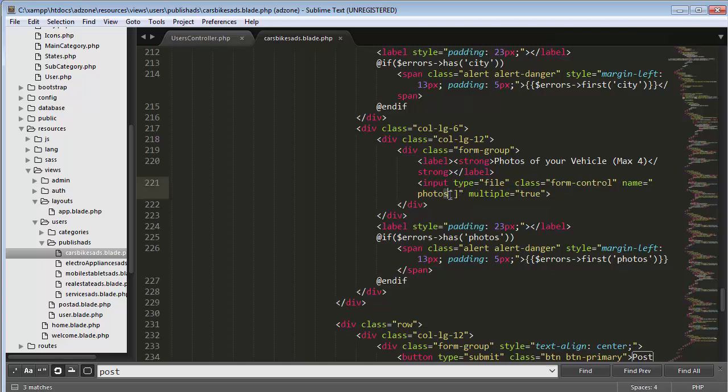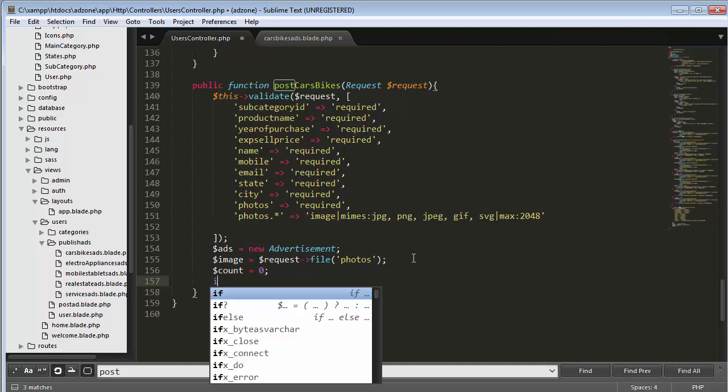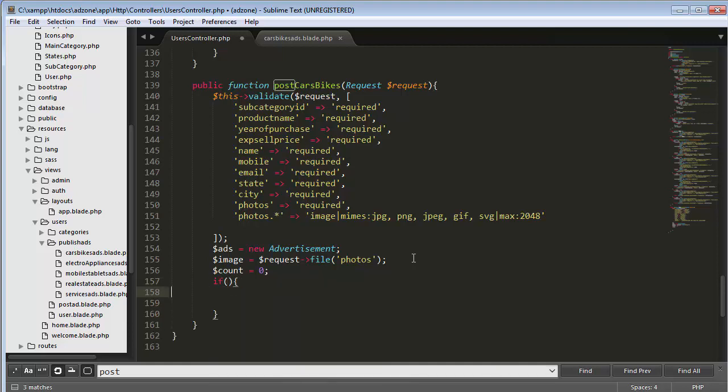Here I'm passing the array because I'm selecting more than one image. That's why I have used an array index here. I'm storing those images inside an array. Now let me come back, and then I will make a variable as count and initialize it to 0, and then an if condition, if the same file,